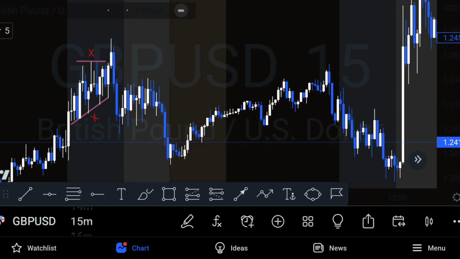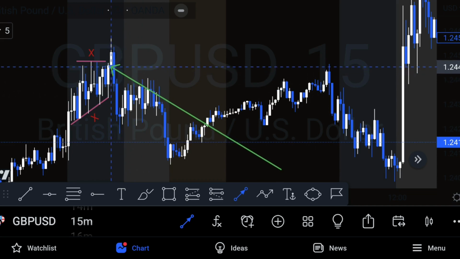This is an exact example of what I was showing with the diagram I drew. Price pushed, took the liquidity, pushed down, took this liquidity along this trend line, and price pulled back and did